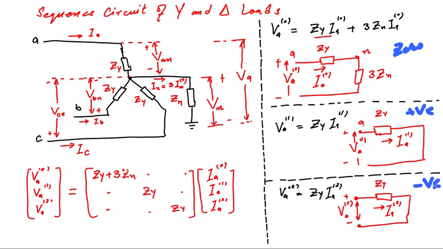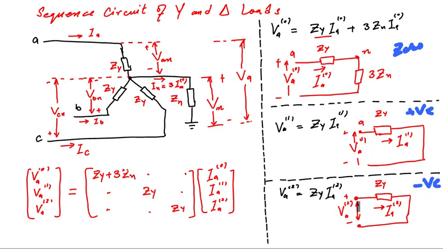Now there are a few things to discuss over here before moving into the next section. Impedance in the zero sequence circuit is equal to ZY plus 3 times Zn. Positive sequence impedance is equal to ZY, and the same is true for negative sequence. An important thing to note: the impedance Zn, which is connected between neutral and ground, only appears in the zero sequence circuit. This impedance appears neither in the positive sequence nor in the negative sequence. Now the question is, why does Zn only appear in the zero sequence circuit, and neither in the positive sequence nor in the negative sequence?